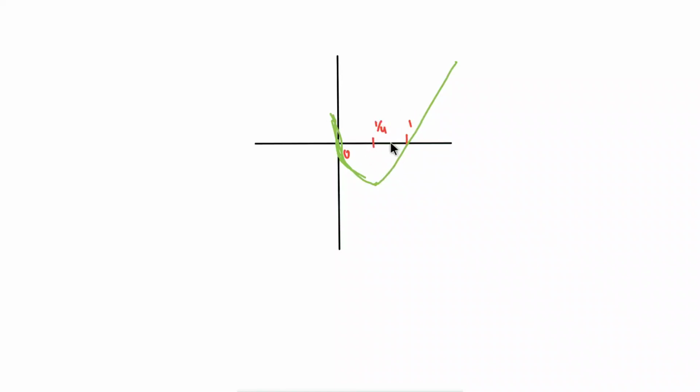Actually, in the question we are asked that there are 2 inflection points, but we have got one inflection point here. At x is equal to 1 by 4 we got an inflection point. So I need to check whether we have another inflection point or not. For that you need to check d square y by dx square.